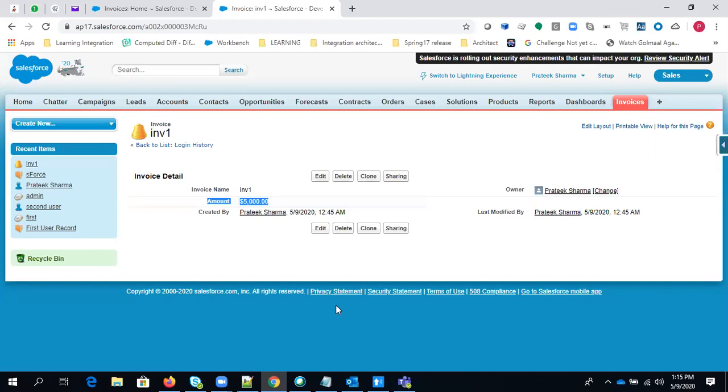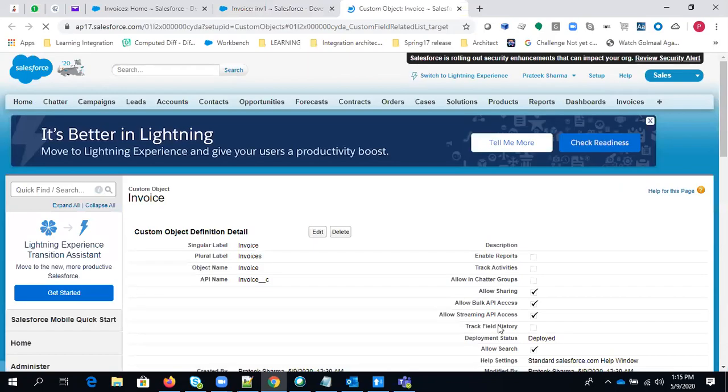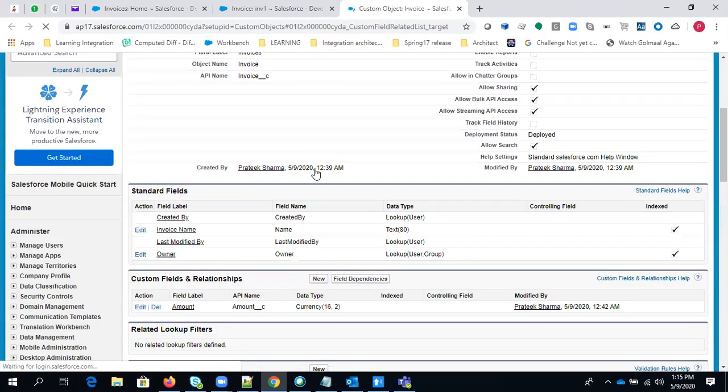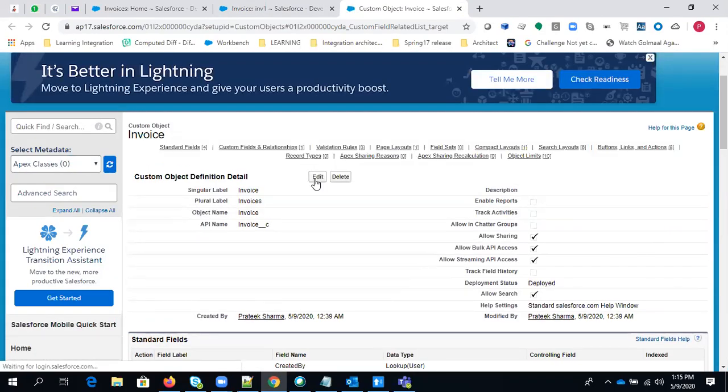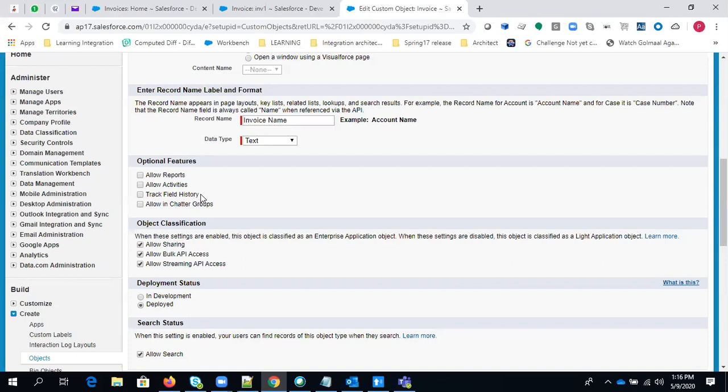How can you do that? First of all, you need to go back to the account creation page. Let me go to view field so that you can go to the account creation page, and here you need to hit edit. Here there is a checkbox called track field history.